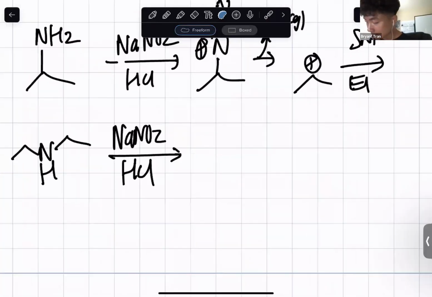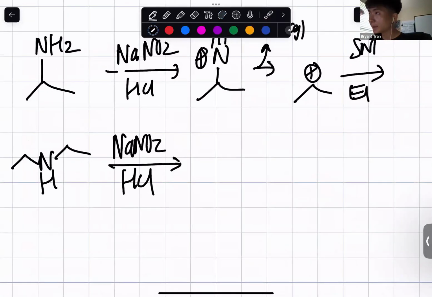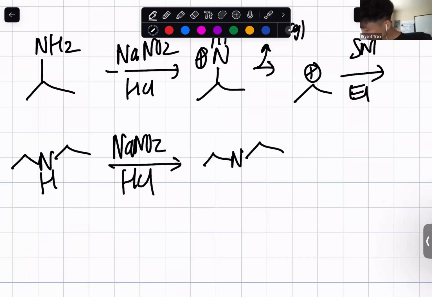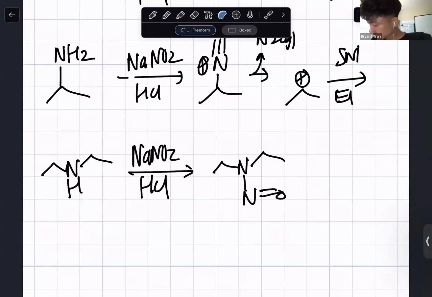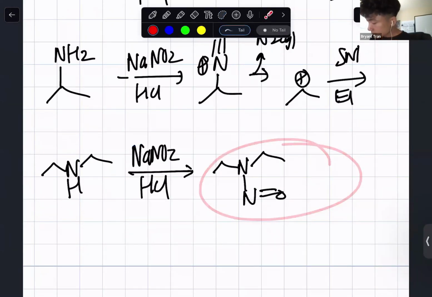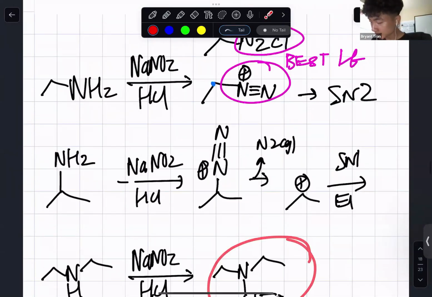The secondary amine, where the nitrogen has two R groups, is going to make N-nitrosamine, which is going to be this right here. That N is going to be attached to an N double bond O, and this is carcinogenic. It can induce cancer, right? So that is just a conceptual thing, like which one of these are carcinogenic, and he might show this versus